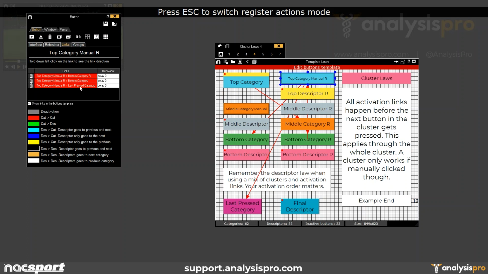to happen last. So this button is going to go and turn on this one, and also this one, and finally this one here. But still remember, all of these things have happened before I then move back in the cluster. So even though this is a cluster button, if there's any activation links and then subsequent activation links after that, they are going to run before the cluster happens. So if we see that in action now,